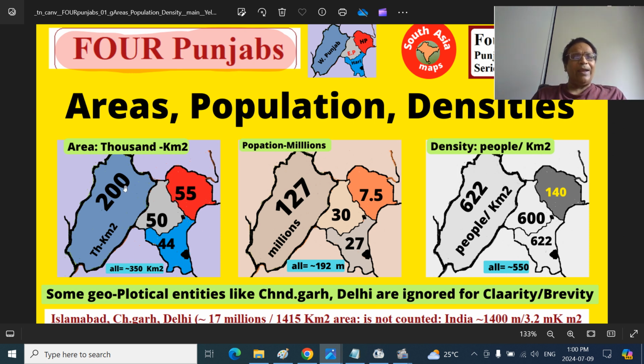The entire area is 350 units, that is 1000 square kilometers. How does that fit into the overall area of Bharat? India has 3.2 million square kilometers. That means six zeros, while here we are talking about three zeros, so we can say it is 3200. India has 3200. Pakistan depends upon how we count the disputed areas, around 800, 850 or 900.